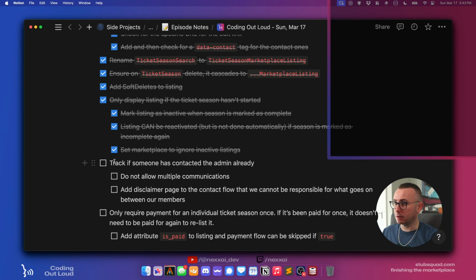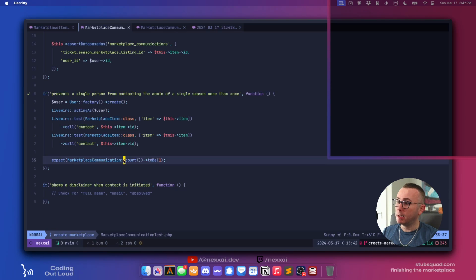Cool. Shows a disclaimer when the contact is initiated. Let's go to Notion here and mark do not allow multiple communications, because that's done. So add a disclaimer page for the contact flow that we cannot be responsible for what goes on between our members. Okay, so the next thing is, we want to again take this.